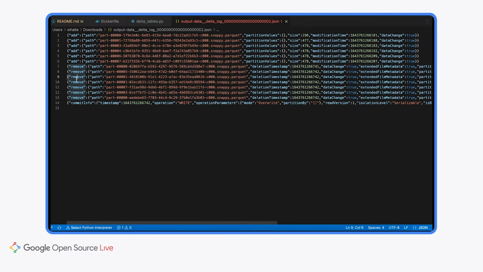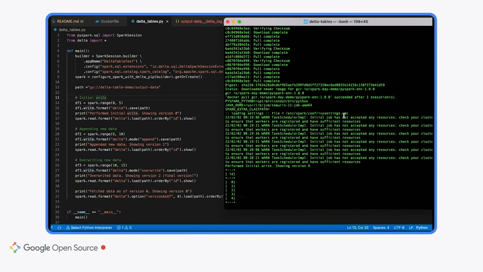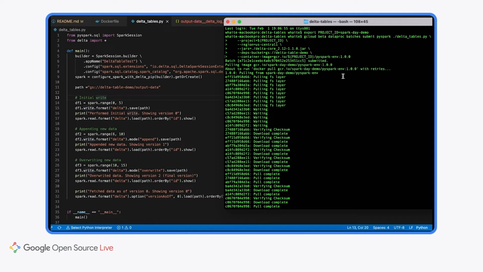The actual files are not deleted from the storage. They're just marked as removed. That way, we know what's in the current version and we know what files were added or removed at every version, at every point in time. And this allows us to go back and forth and actually do disaster recovery, error recovery, and gives us more traceability.